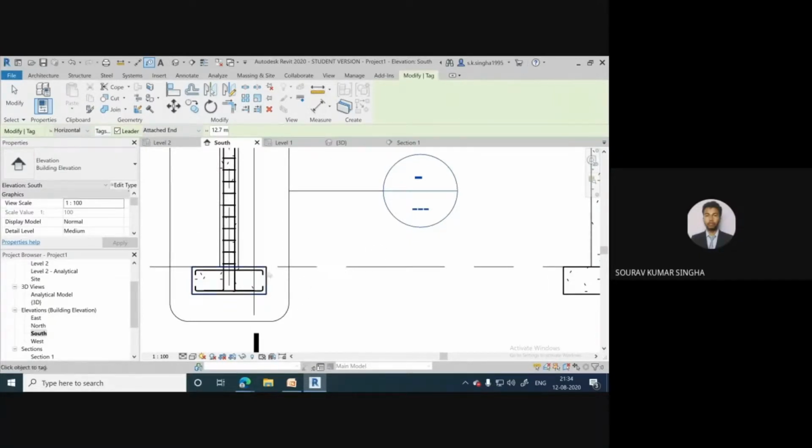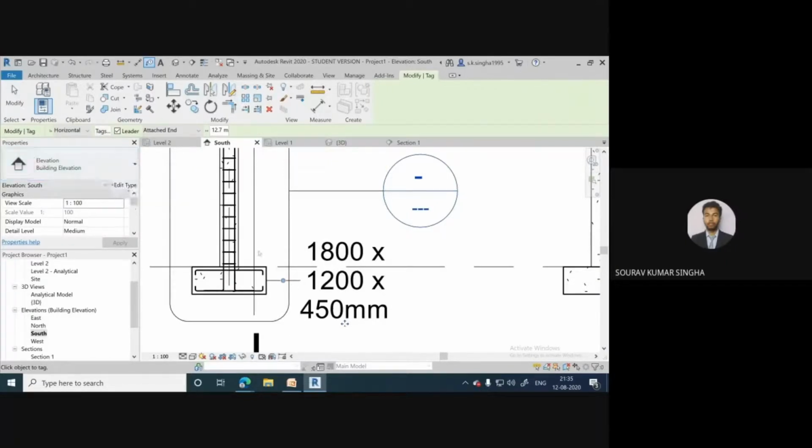So suppose this one, that means the isolated footing. The dimension of the isolated footing is 1800 by 1200 by 450. Look, this is not the correct one. Why is it not correct? Because we have changed this value 1800. This is actually the title which is showing. We can change this. How?